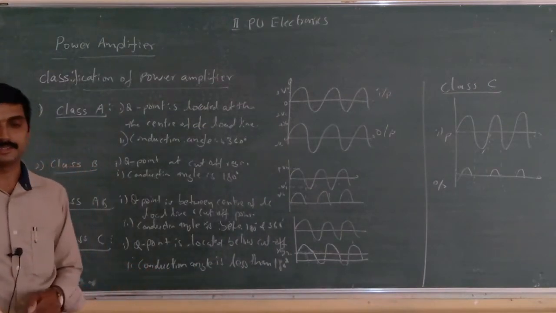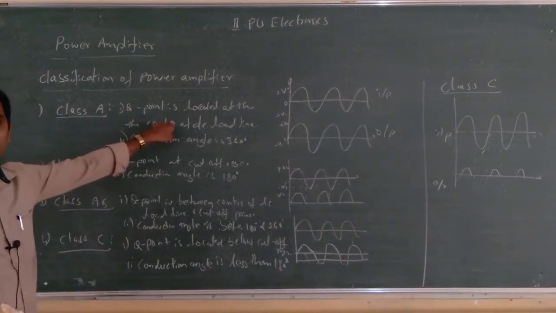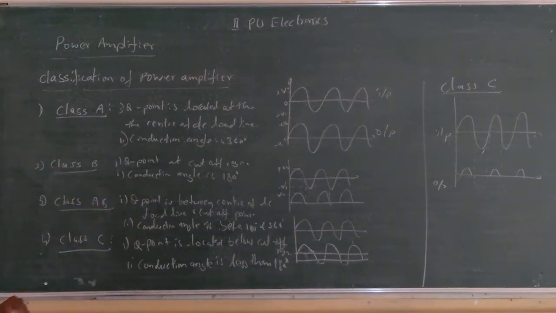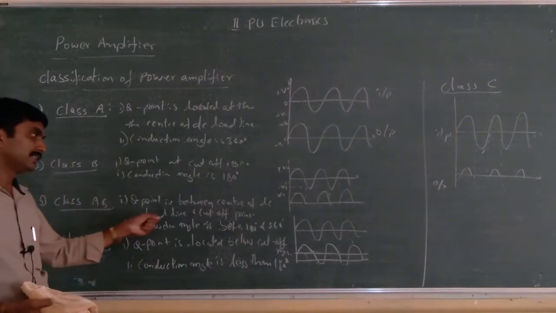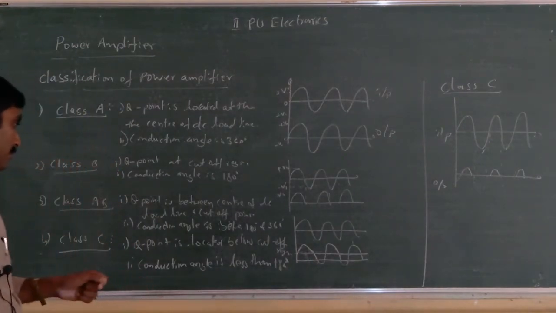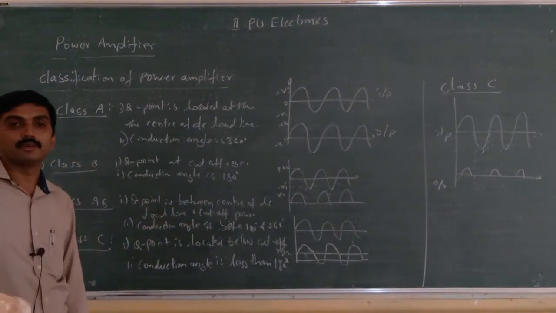Classification of power amplifiers. Class A: Q point at the center of the DC load line, power efficiency is poor. Class B: Q point located at the cutoff region, conduction angle is 180 degrees, distortion is poor, but efficiency is very high. Class AB: Q point is located between the center of the DC load line and the cutoff region, so conduction angle is above 180 degrees, and its efficiency is poor. Class C: Q point is located below the x axis, it conducts only for a portion of the input signal, so conduction angle is less than 180 degrees, and its power efficiency is very high.